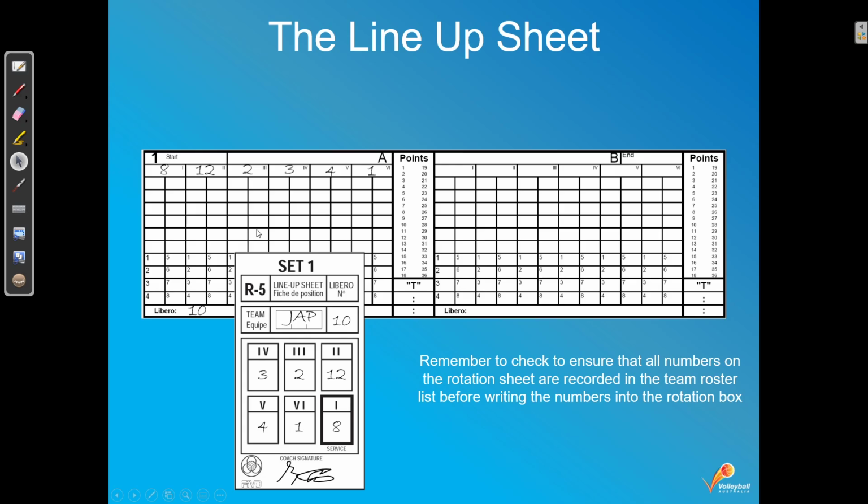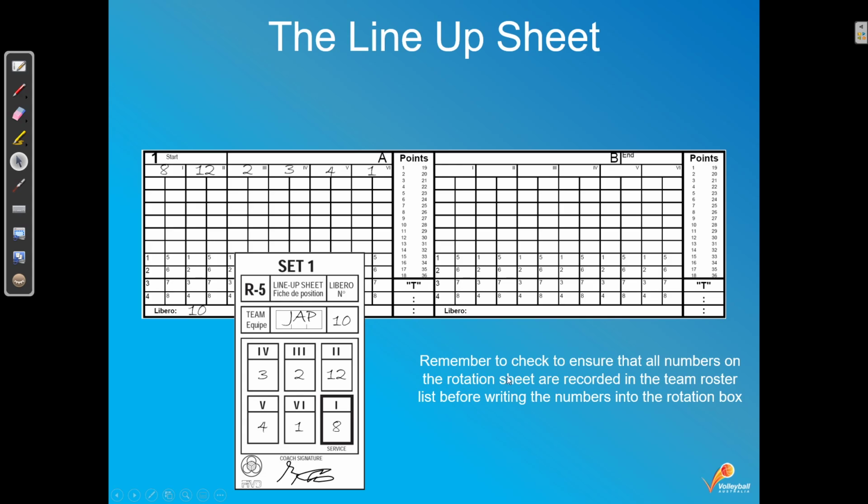For Premier's division, it is libero per match. So the liberos usually won't change. The starting liberos usually won't change, unless they've got 2 liberos. But any other divisions other than that, it's libero per set. So they're happy to change the libero set to set. So just be wary that it might not be the same libero. So remember to check that